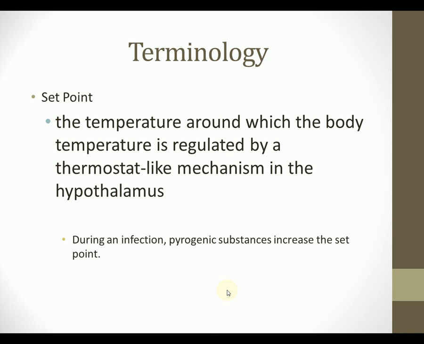Terminology, make sure you know this as well for the test. This is covered on page 450 through 451 in your book. We have what's called in our body a set point. And if you think about it, it's just like being in your house. You have in your house a thermometer, and you have it set at about where you want the temperature to stay. Well, we have a thermostat-like mechanism that's located in our hypothalamus, and it stays around a certain core body temperature. But now when it comes up against certain pyrogenic substances like a bacteria during an infection, that can actually increase the set point or the temperature,